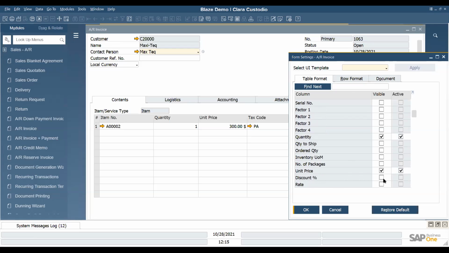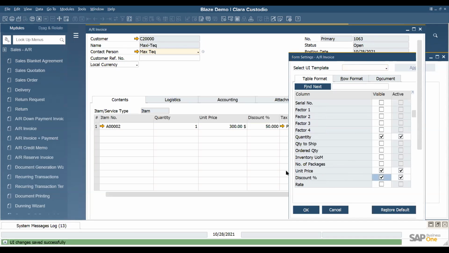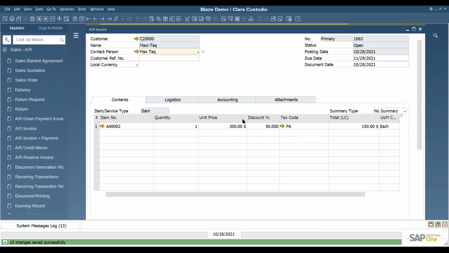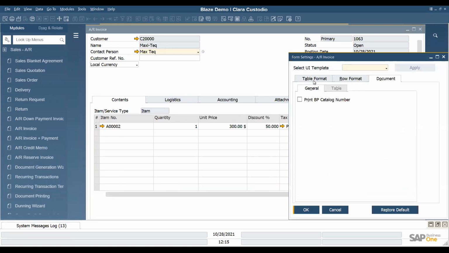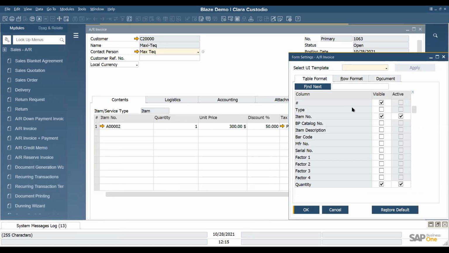So when I actually made the discount field visible, then everything was clear, right? That's what I meant when I said that if you don't see it, it doesn't mean that it's not there. All the fields that you see here on the table format might have information inside of them, right?